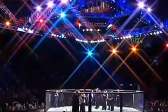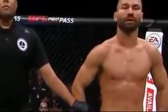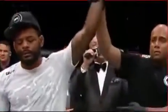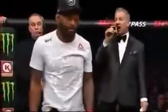The judges' scorecards are in. Let's find out who gets their hand raised. Here's Bruce Buffer. Ladies and gentlemen, after 3 rounds, we go to the judges' scorecards for a decision. The judges score the contest 29-28, 29-28, and 30-27 for the winner by unanimous decision, Michael the Menace Johnson. I'm here with